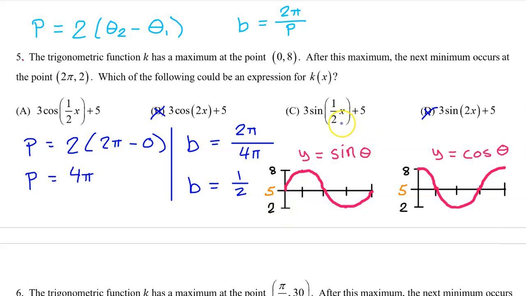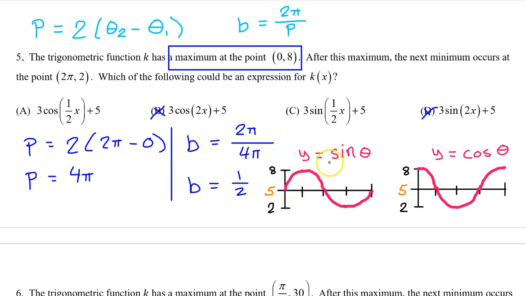We notice that in both cases, the c value is missing. The c value is 0. Therefore, there is no phase shift. So both of these functions should start right at 0. But we are told that function k has a maximum at the point 0, 8. In other words, the function starts at a maximum. The sine function always starts at the midline, so the answer